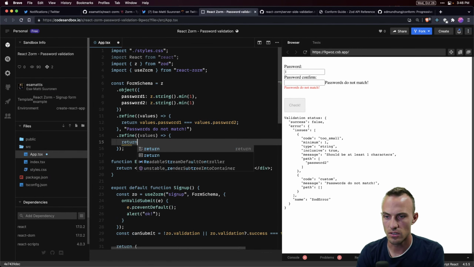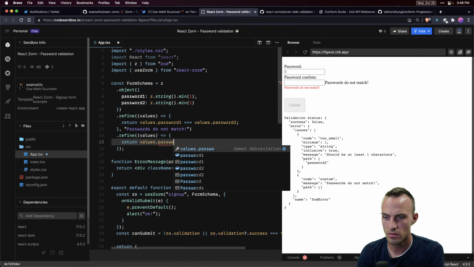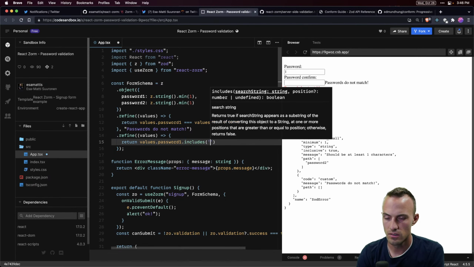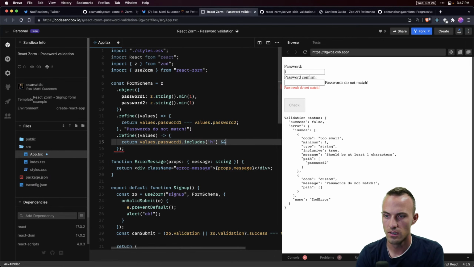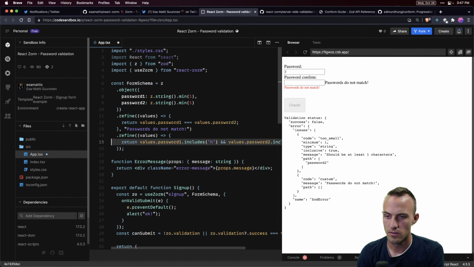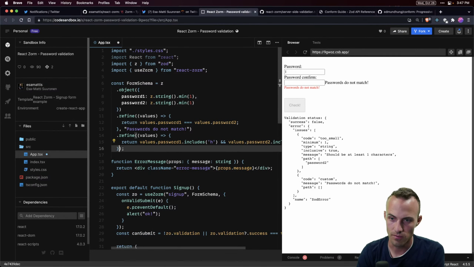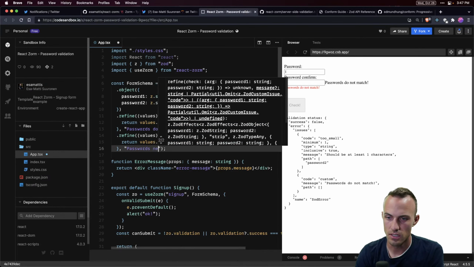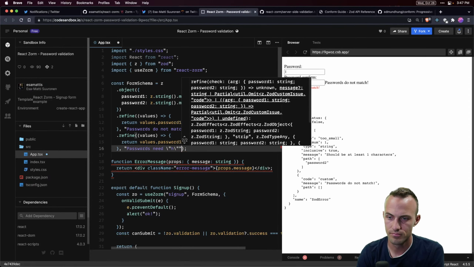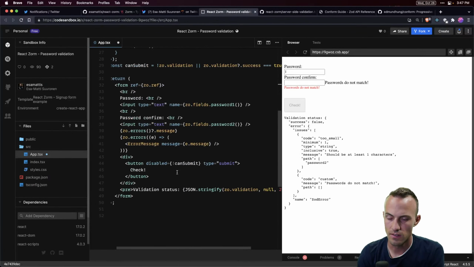I could say return values.password1 not equal or includes H. I don't know, just a random thing. Passwords need H. Right, so then